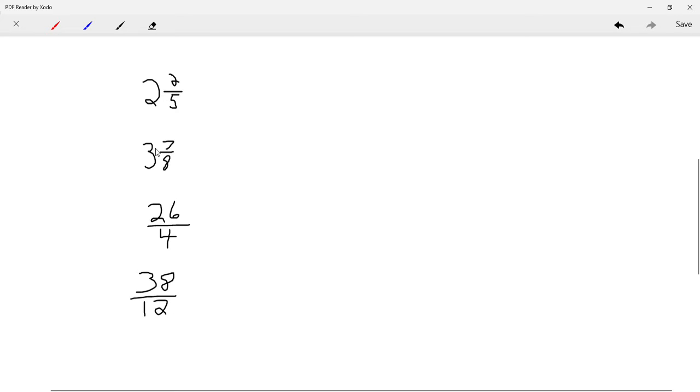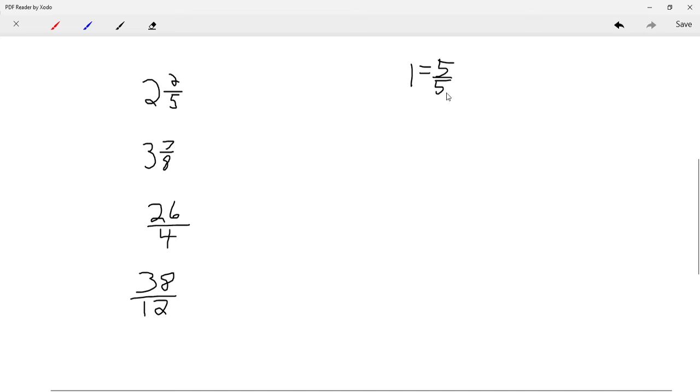Now, let's go on to how you convert them, basically, from one to the other. So we'll start with mixed numbers first. So the first thing is, we're looking at 2 wholes. So 1 whole in fifths, right now we have fifths, right? That is the denominator of the fraction. So 1 whole equals